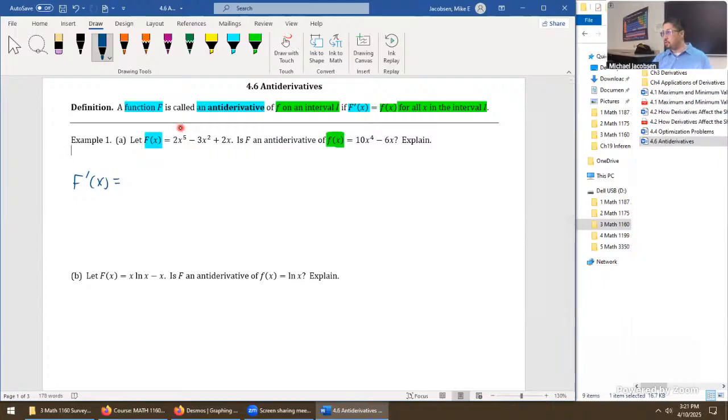Derivative of this function here as a polynomial is 10x^4 minus 6x plus 2. Now we wonder, is it equal to 10x^4 minus 6x? Not quite, right? It's really close, but it's off by a positive 2 right here. So we have to put not equals. Then we go to this part of the definition, and the major definition check is, do we actually have equality there? If so, we'll say yes, uppercase F of x is an antiderivative. But that didn't happen with not equals. The immediate conclusion is F is not an antiderivative